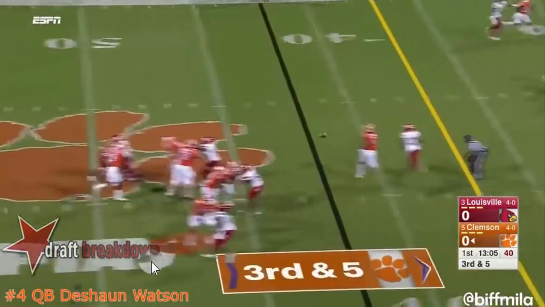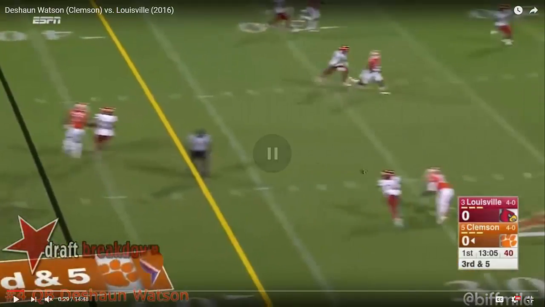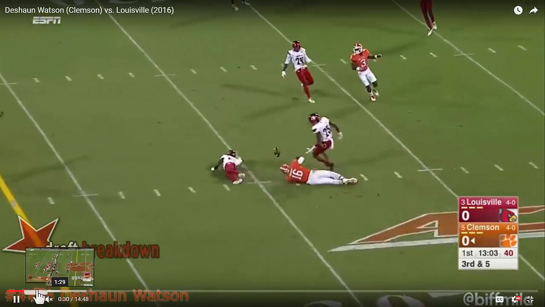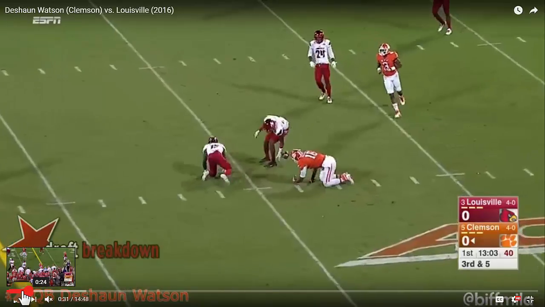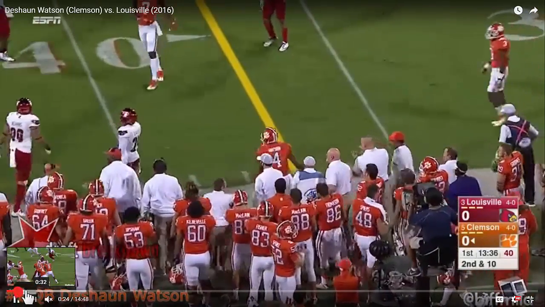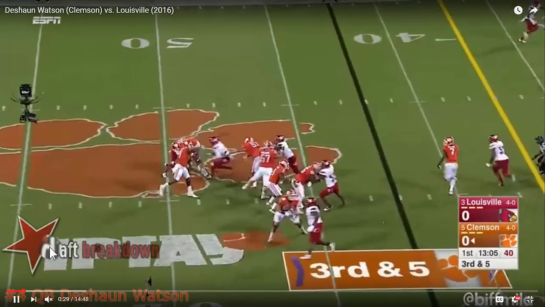But he's not making that read. And as a result, the cornerback's able to defend this play and nearly pick off the pass. This should have been an interception if you really look at it. So the first thing that I'm going to notice with Deshaun Watson in terms of decision making is I have